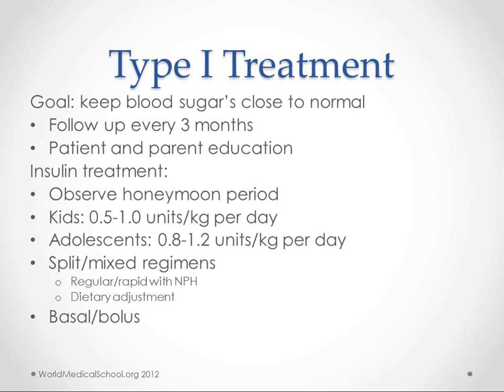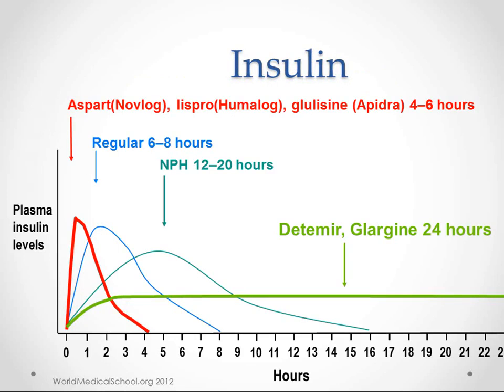Adolescents a little bit more. We have these different types of regimens that we used, the split mixed and the basal bolus. And these are based on the different types of insulin. So the regular insulin that we have has a peak onset within like half an hour. And this is the insulin that we make in our bodies. And we have some synthetic insulins that act a little bit faster than that we use. And then there's NPH,